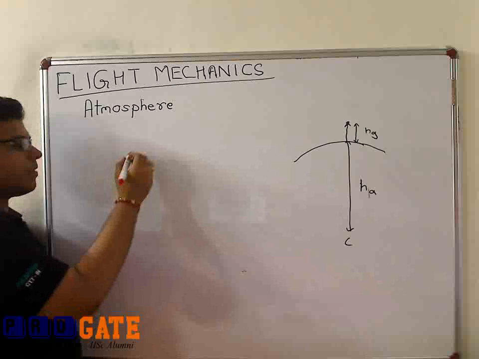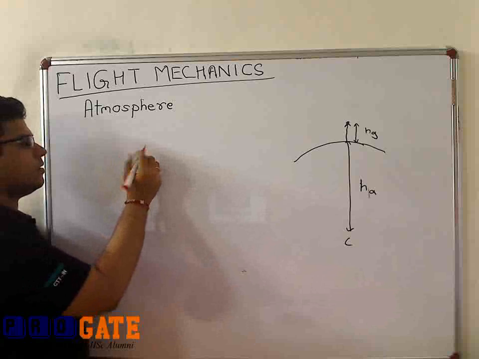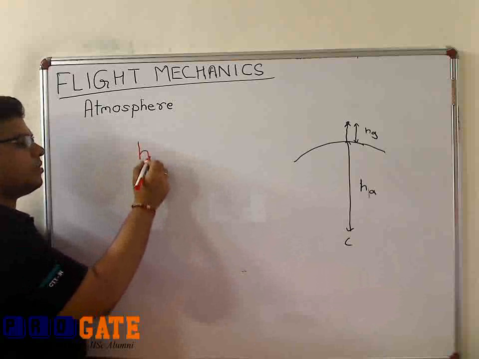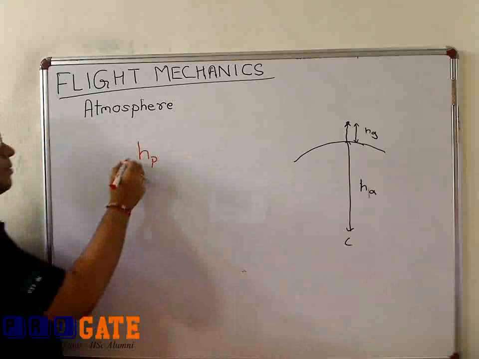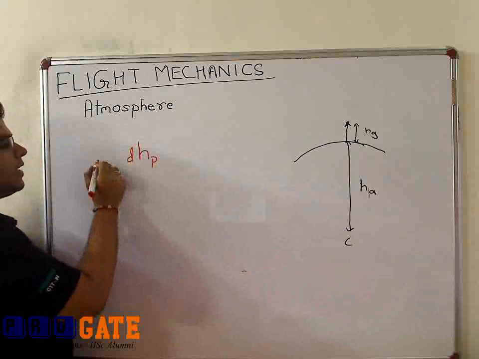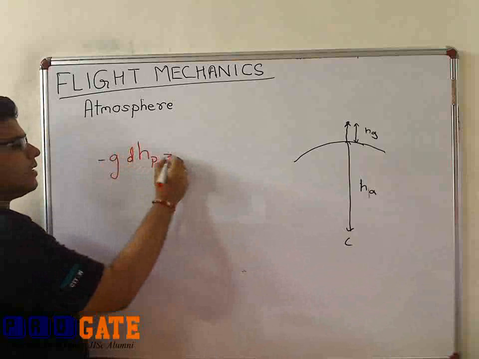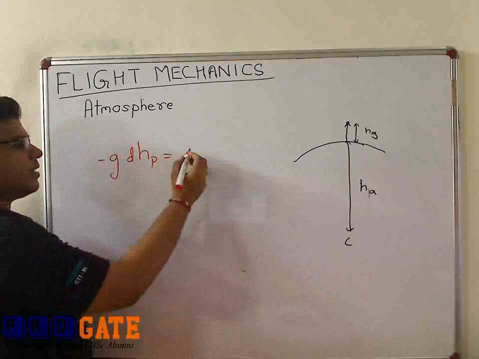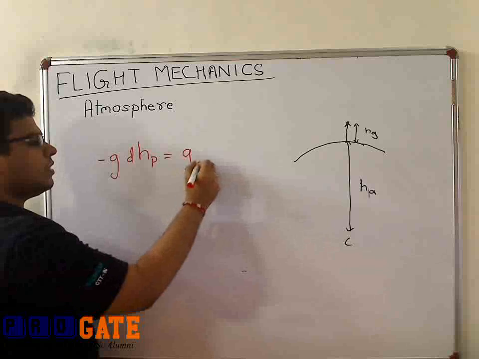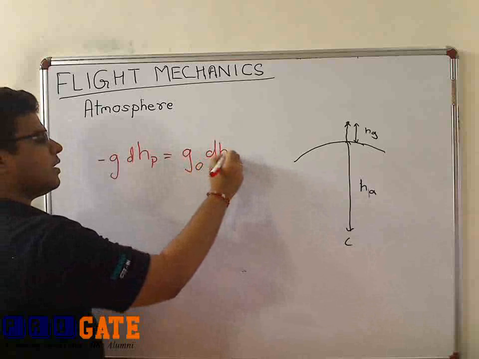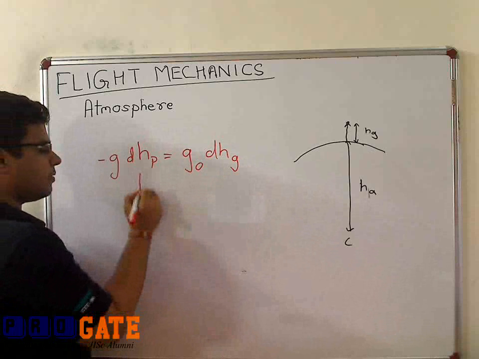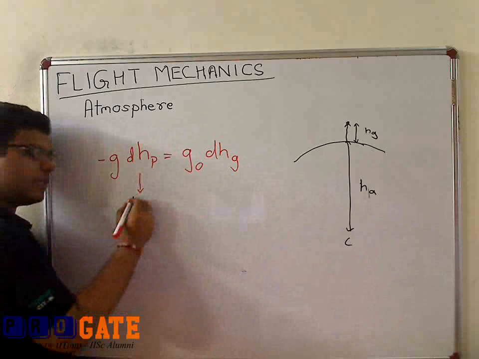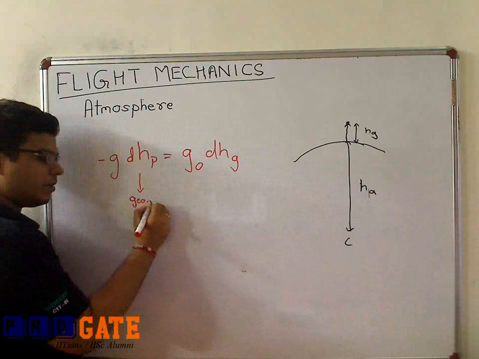So say HP is the geopotential altitude, then we define that minus G dHP is equal to G naught dHg, the geometric altitude. Here HP is the geopotential altitude,